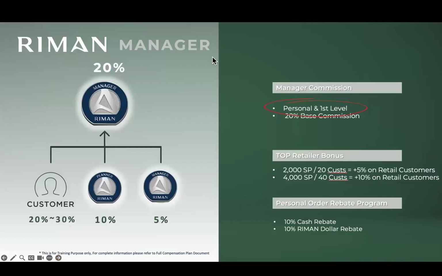So let's take a look at manager. When you hit 3,000 in sales in 3 calendar months, you're going to be promoted to the position of manager. But the cool thing about manager is this is considered a lifetime position. Once you hit this position, you will never ever lose it. When you hit 20%, what 20% really means is I unlock 20% on whatever I buy or sell, based upon my retail customers or the additional retail bonus I scoop up. When I make a product sale direct, I can scoop up 20 to 30%